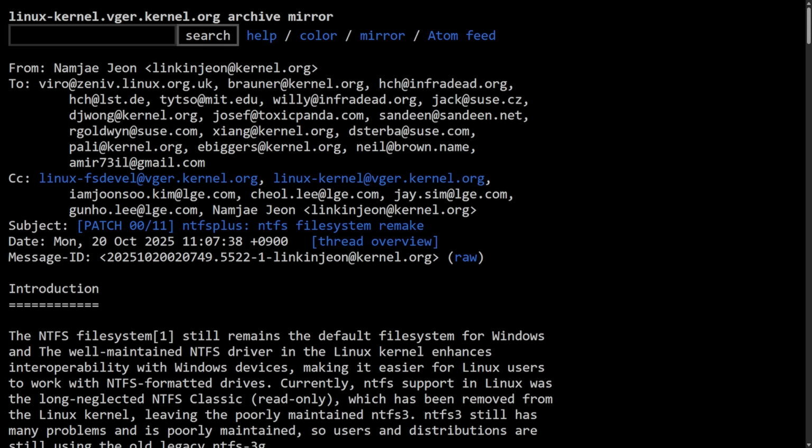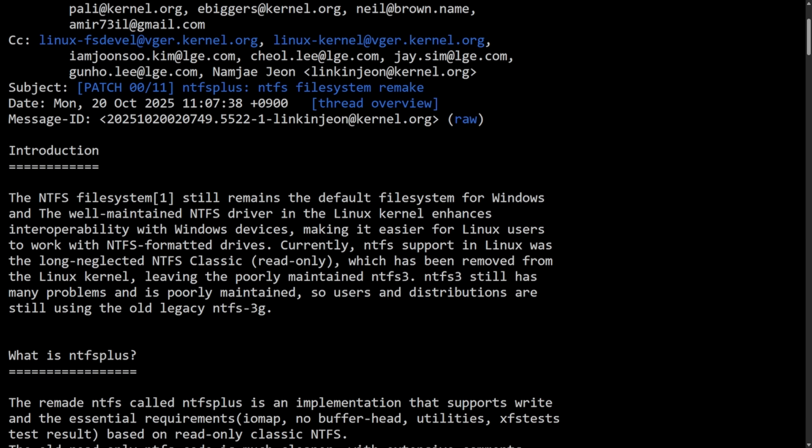Today I want to talk about a specific patch series that just got introduced, which is a new file system driver for the NTFS file system called NTFSplus. Let's talk about why it matters, what kind of performance gains we might see out of this, and some of the concerns. Before we read through the introduction to this patch series, I want to talk a little bit about